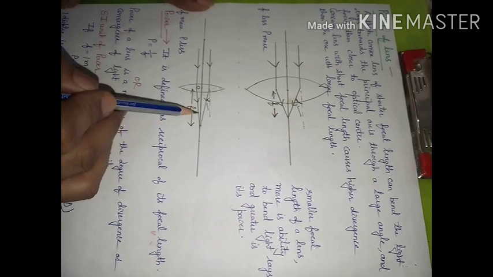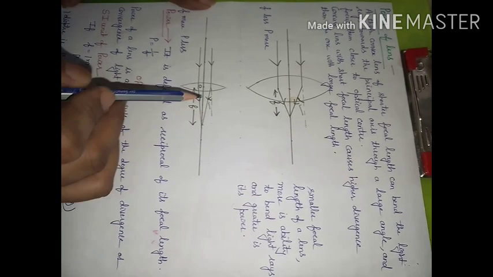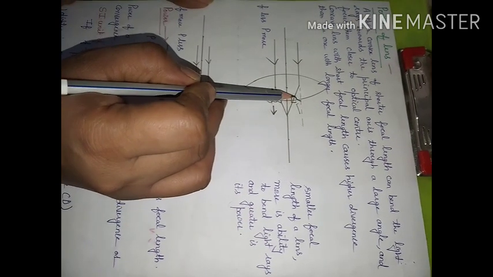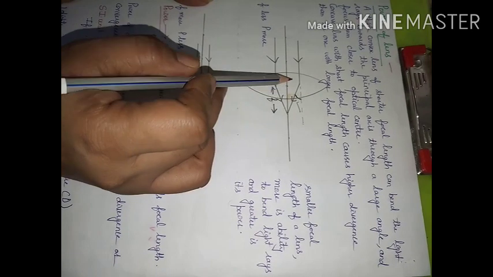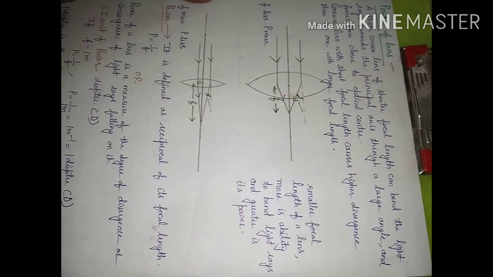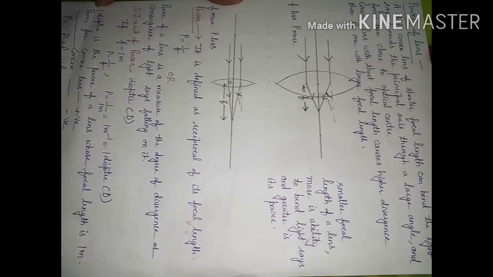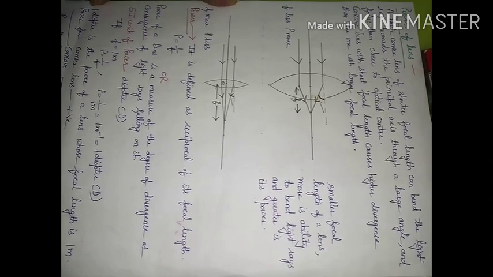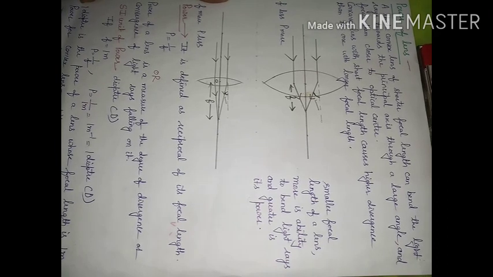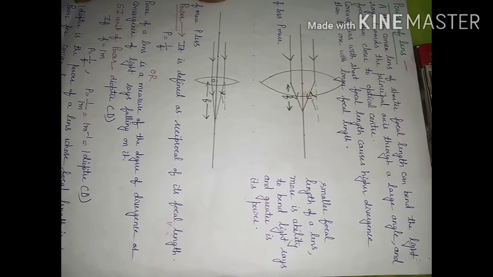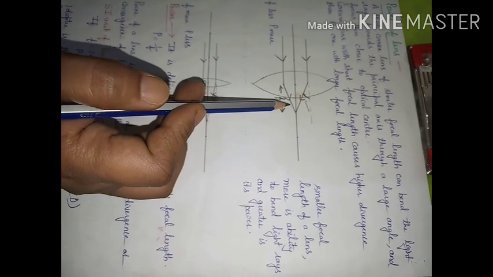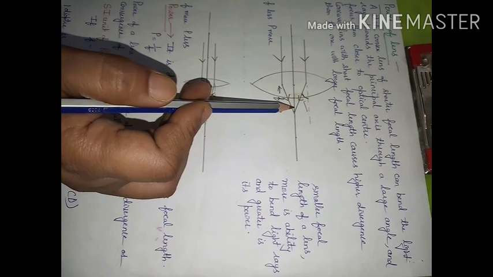If focal length is more, then bending will be by a lesser amount. If focal length is less, bending will be by a large amount. And this capacity of bending the ray of light by a lens, we are going to measure by the term power of lens. So today we will study about power of lens. Power of lens measures the degree or ability of a lens up to which it can converge, or if you are talking about a concave lens, then it can diverge the light rays.